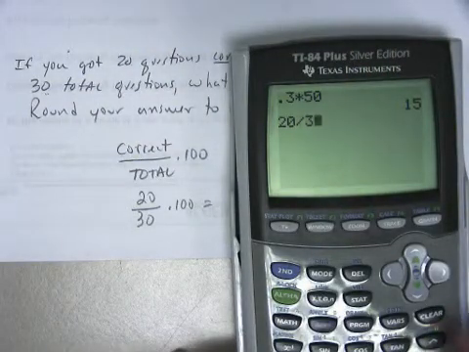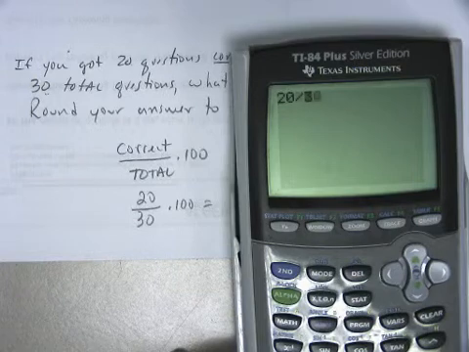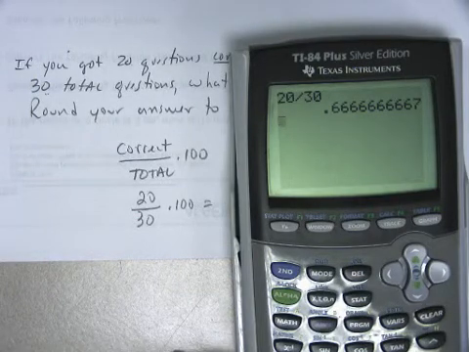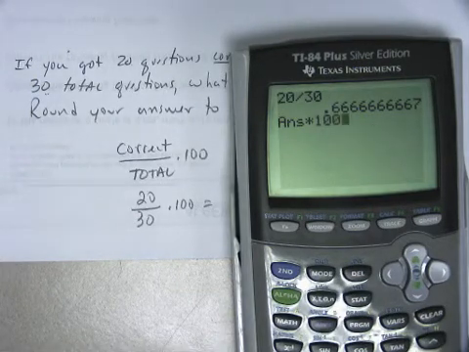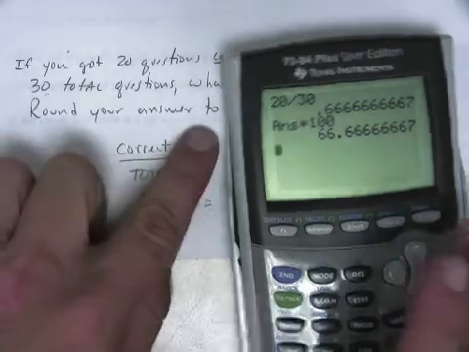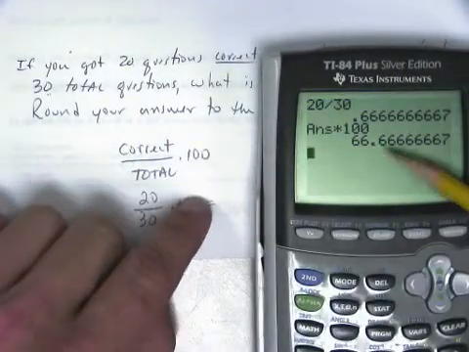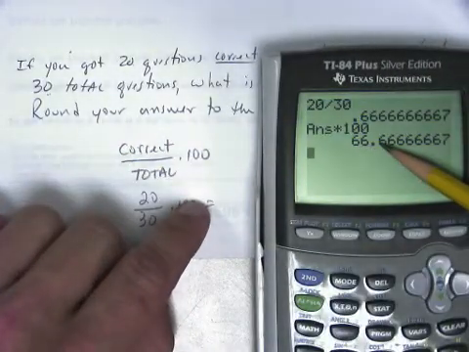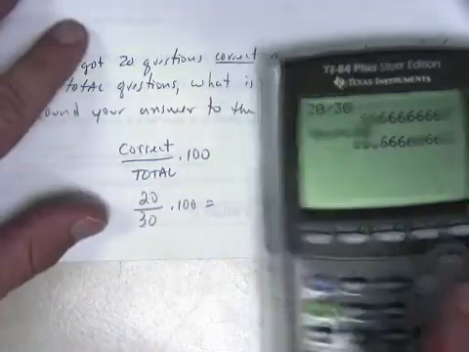So 20 divided by 30 is 0.66 repeating, and then multiply that times 100. And if I round to the nearest percent, that means I want to round to this 6 right there. So this one rounds that up. So that's